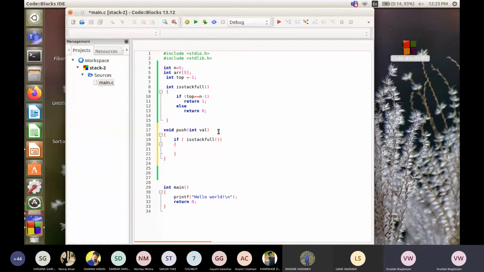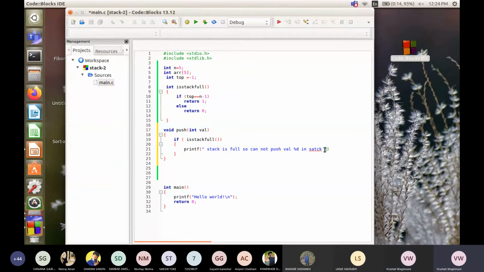And if the stack is full, what will we do? We will printf the message "cannot push value %d in stack," or we'll say "stack is full, so cannot push value %d in stack."